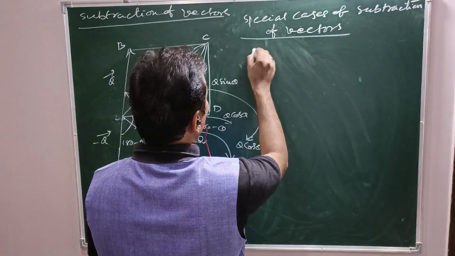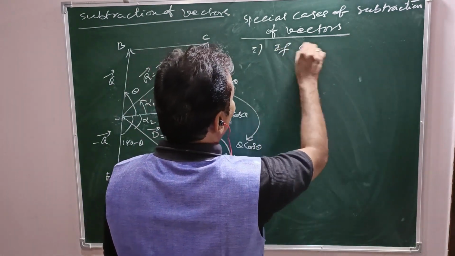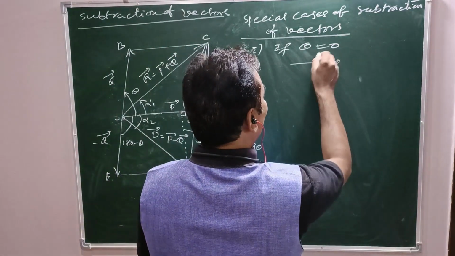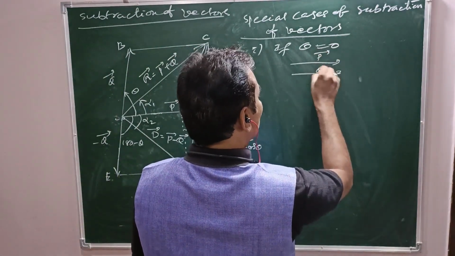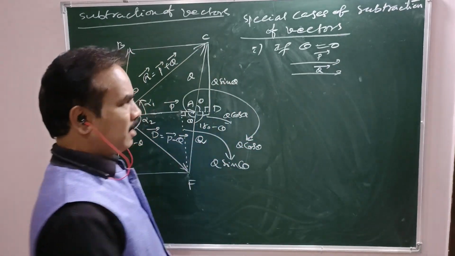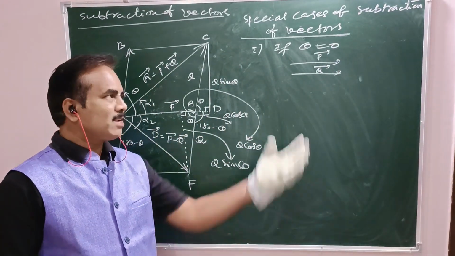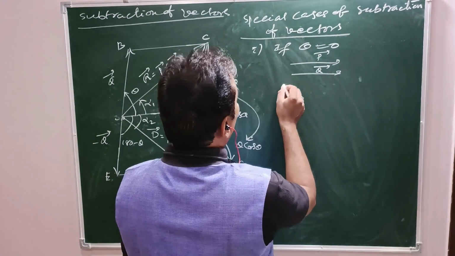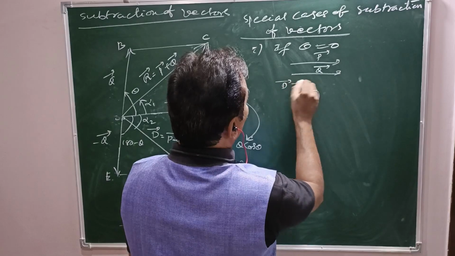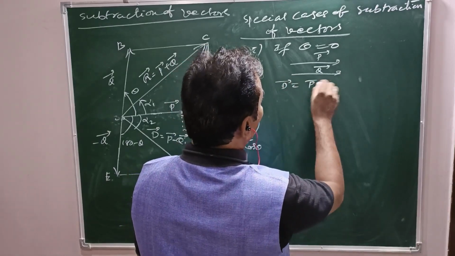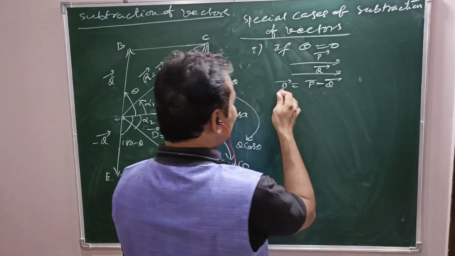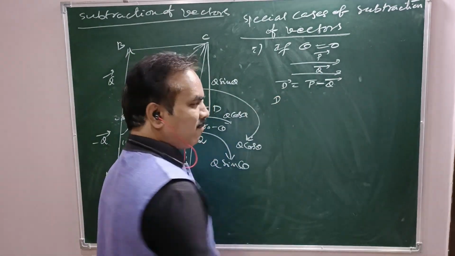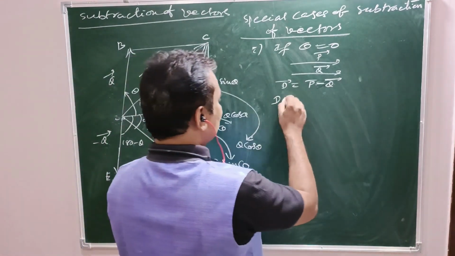Number 1. If theta is 0 degrees, means two vectors P bar and Q bar are parallel to each other. We have to subtract Q bar from P bar as an example. That is D bar equal to P bar minus Q bar. Now what is the magnitude of the difference of these two vectors? That is D. Magnitude of difference, D equal to square root of